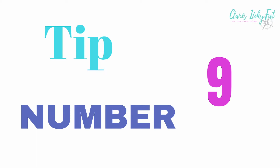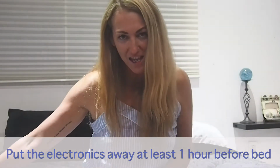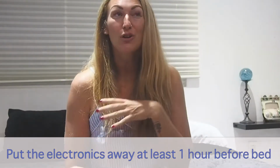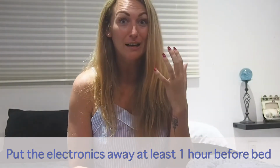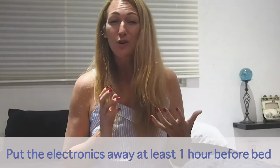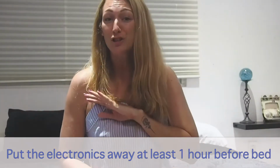Tip number 9, put the electronics away. You shouldn't be on your phone or looking at any kind of LED screen for at least an hour before you go to bed. It really messes with your head, and especially if you've already got jet lag and your sleep pattern's already a little bit off, just get rid of the phone, turn it off, turn the tablet off,